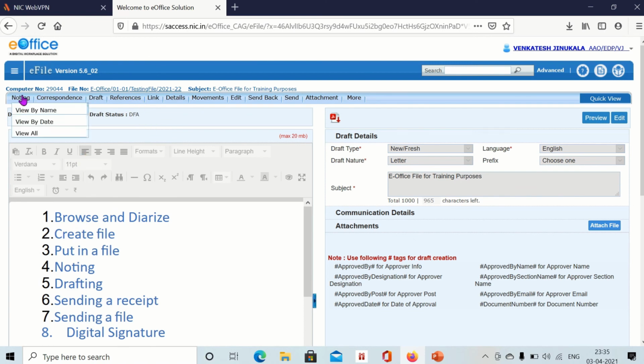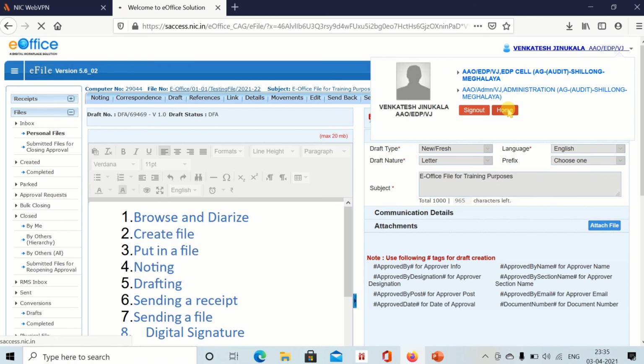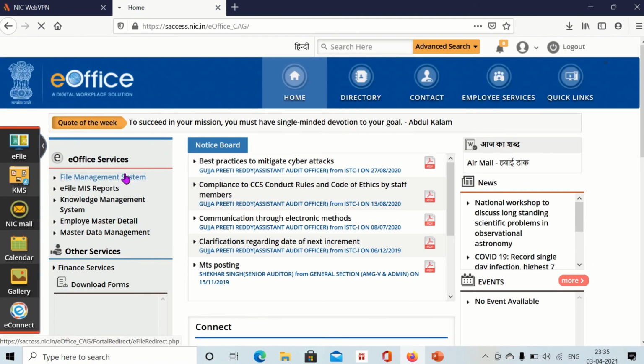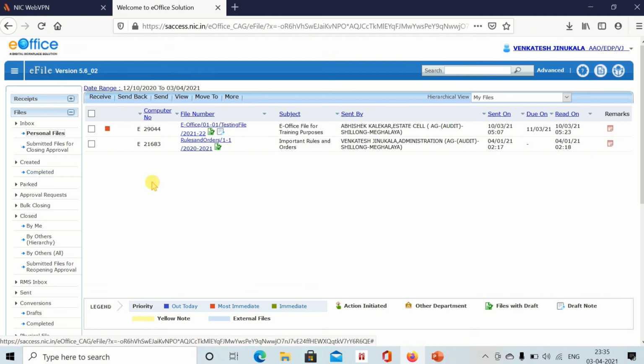Okay, then if you go back, if you go to home and again file management system, that file will be available in the completed box, or if someone else sent it to you, then it will be available in your inbox. So this is the file.